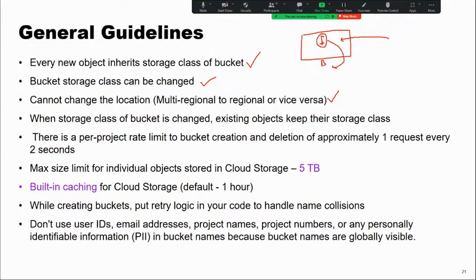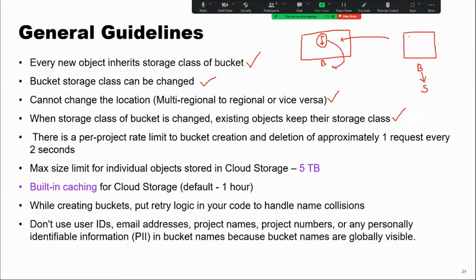When the storage class of a bucket is changed, the existing objects keep their storage class. This is one important point. So you have this bucket, and so far you are using this bucket as standard.